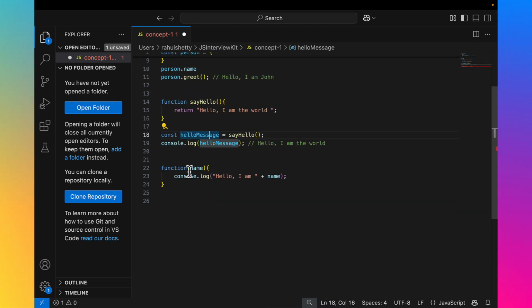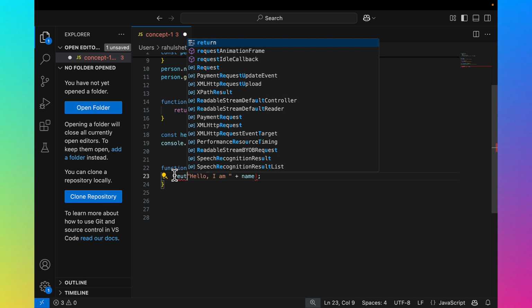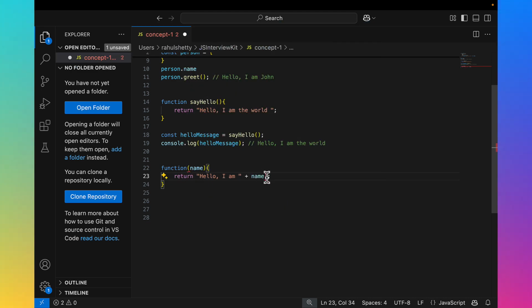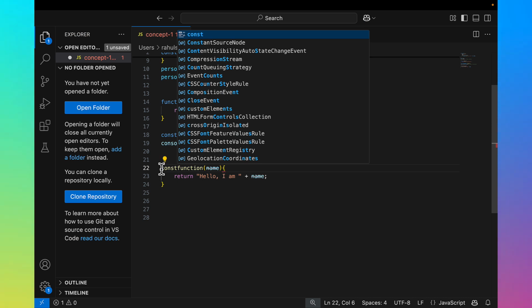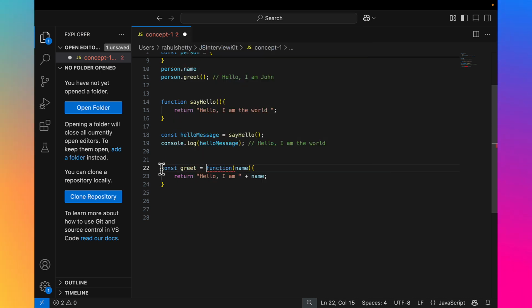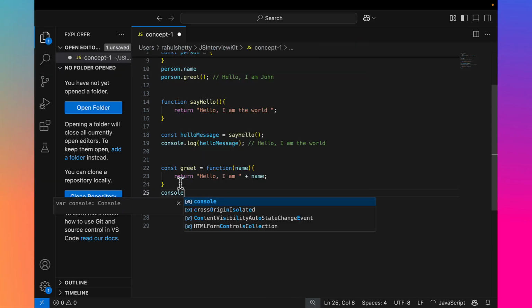Very nice. But if the function does not have a name at all, how would you return it? In that case, you need not explicitly write a step to call that function. You can just collect the output of that function. So in this case, instead of printing, I will again return. This is what I am returning. I'll collect that into just a variable called, let's say, greet. That's it. So now whatever you want to print, if you print console.log of greet, then you will see your